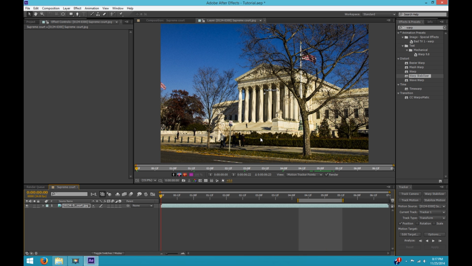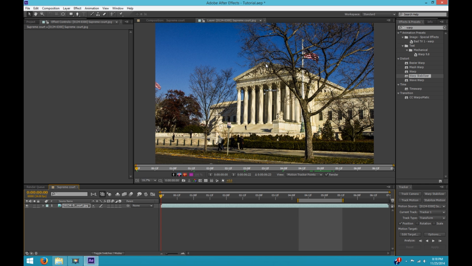So here's the first one. In the first one, I'm going to do it in 2 stages. First, I'm going to do position tracking and then rotation tracking separately. So the advantage of that is when you're doing position tracking, you only have to pick one point. If you're going to do position and rotation in one stage, you have to pick 2 points in every frame, and it can be more challenging to find a suitable tracking point, or set of tracking points rather.